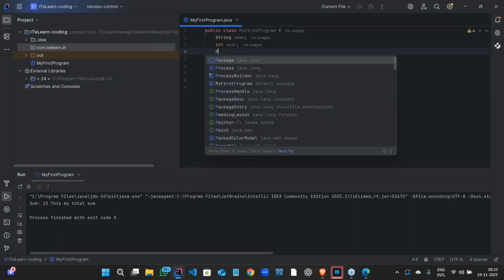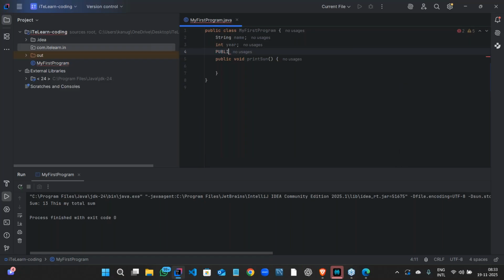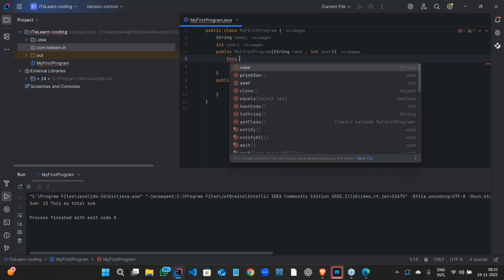I'm creating a constructor, public Car, then the class name, and we create a constructor. So I'm creating the instance of this dot